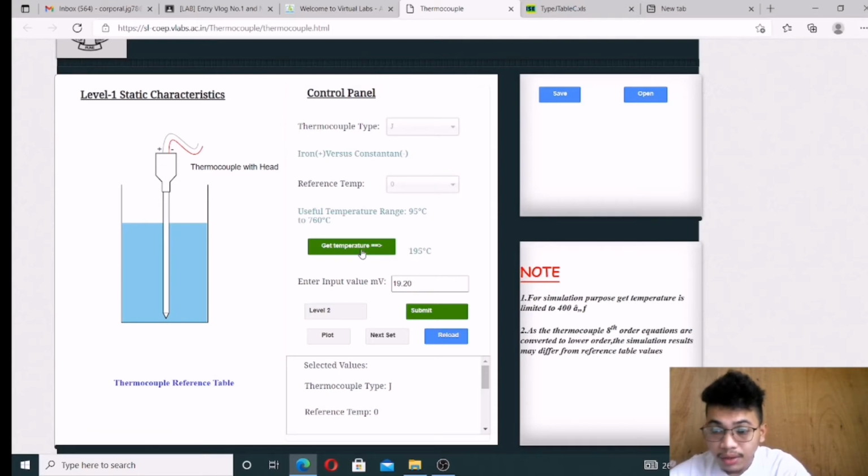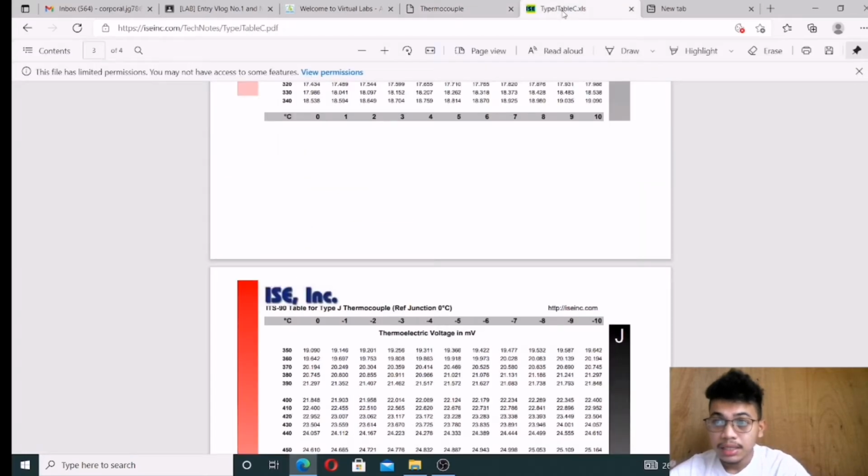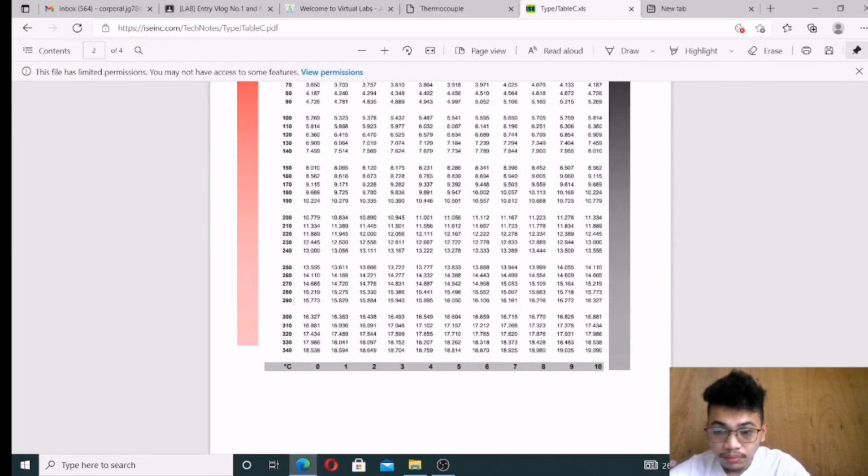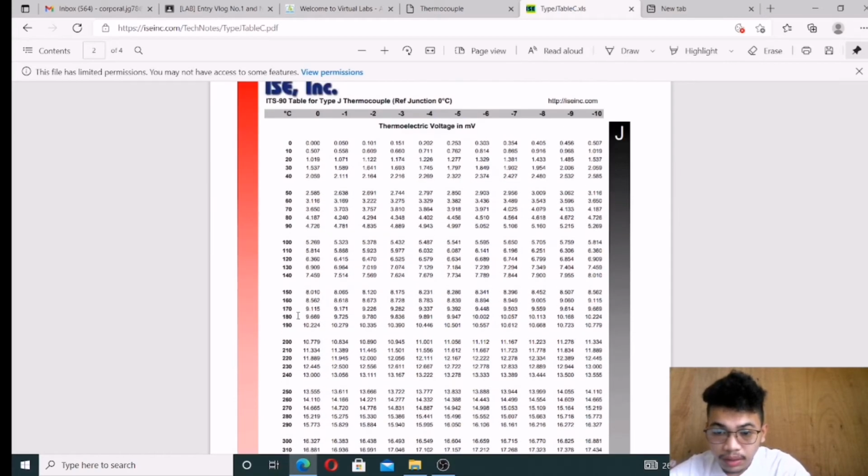The new value that we get is 195 degrees Celsius. You can click the thermocouple reference table since we already clicked on that. The temperature that we got is 195, so it should be between 190 and 200. So 190 minus 195, over 190 minus 200, times